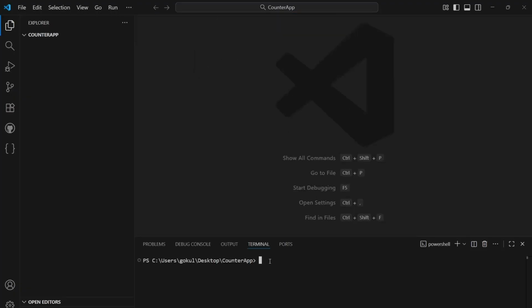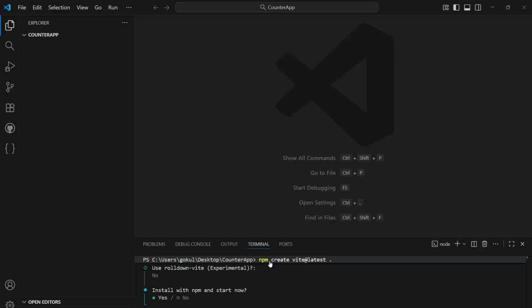and we are going to install the Vite app with npm create vite@latest, and I use space plus dot here to avoid naming the folder again. This is a package, so we just go with tab, and now we are going to select the framework, so React, and I go with TypeScript. Some experimental options, so I go with the default, no, and install with npm and start now. I go with the default. Okay,